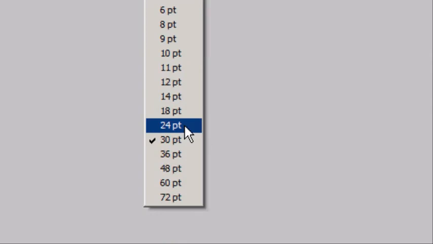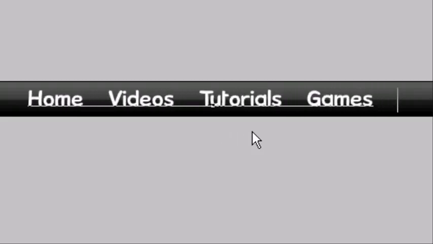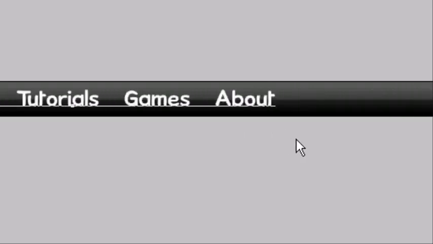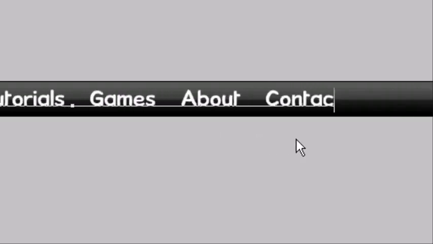Now we're going to add the text over both of those layers. I'm going to change it a bit, make it a bit smaller so it fits in well. We can type in whatever we want: home, and then 3 spaces, videos, 3 spaces, tutorials. Really add whatever you want as your menu bar. About 3 spaces, perhaps a contact page or contact. We can add more spacing to this if we want, so I'm going to add another 2 space bars